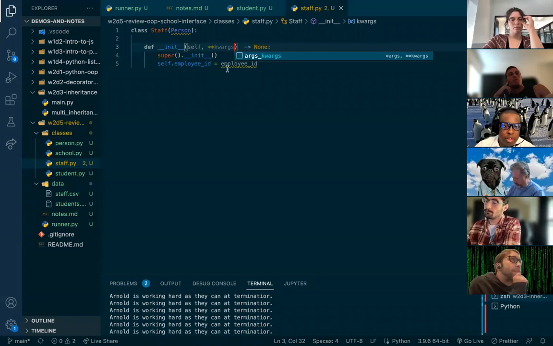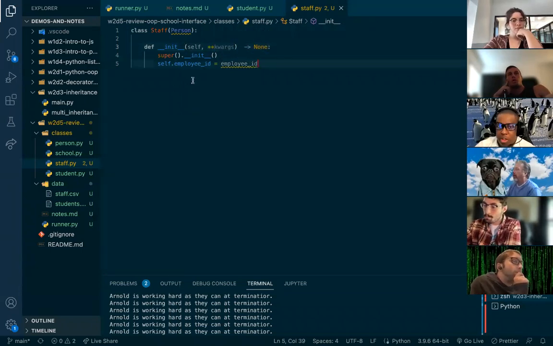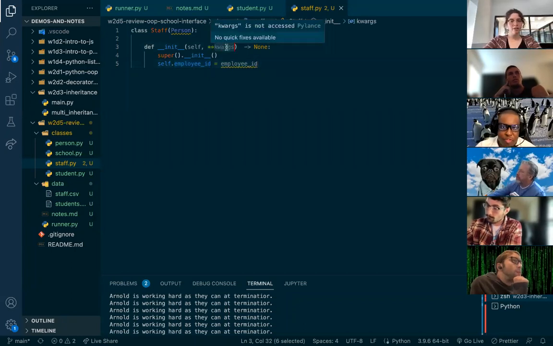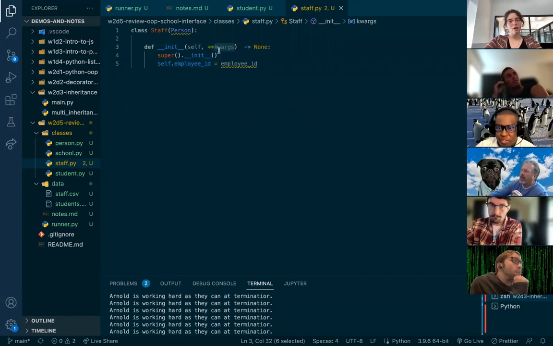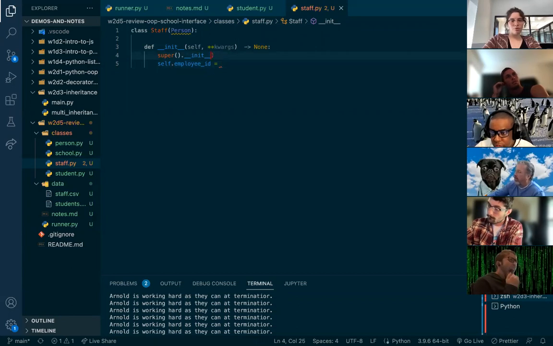Because we're going through the CSV file, and at the top we have the keys we want, which is name, age, role, ID, etc. And we want that to be attached to each individual repetitively. Okay, so we take the keyword arguments, and now we have to send most of them into here, and then one of them has to be set here. So for init, it is going to take